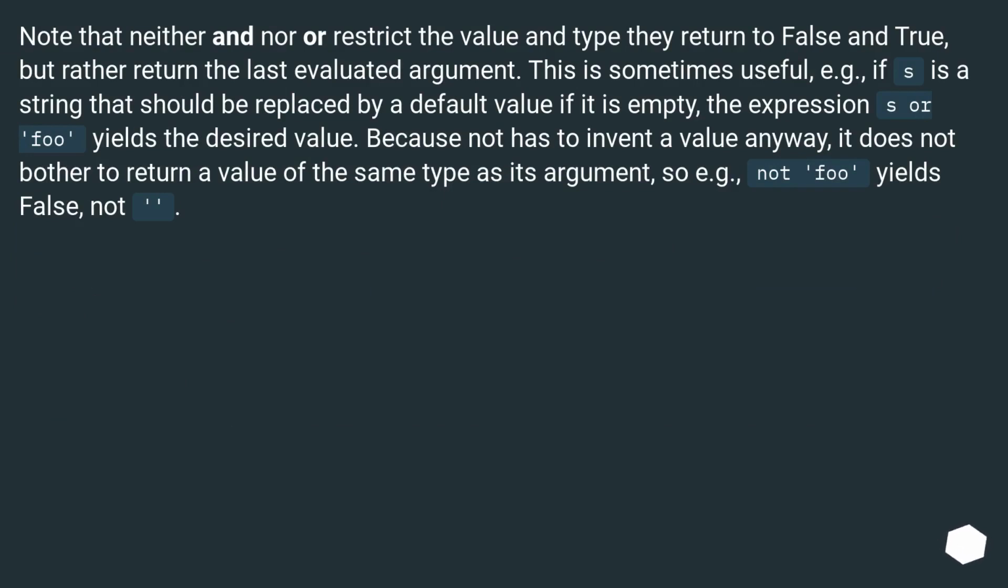For example, if s is a string that should be replaced by a default value if it is empty, the expression s or foo yields the desired value. Because not has to invent a value anyway, it does not bother to return a value of the same type as its argument. So for example, not foo yields false, not